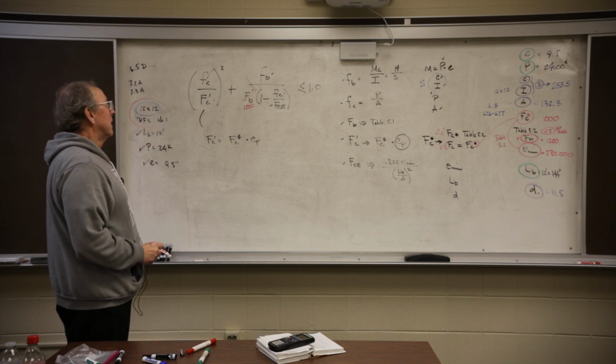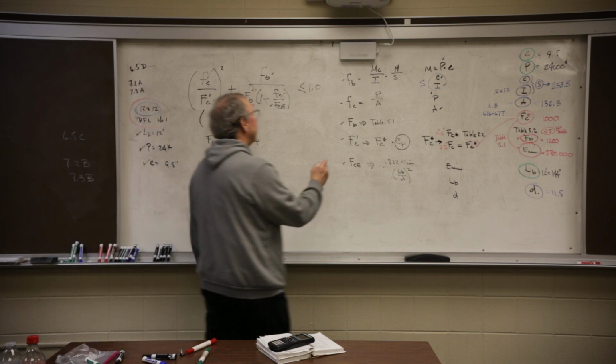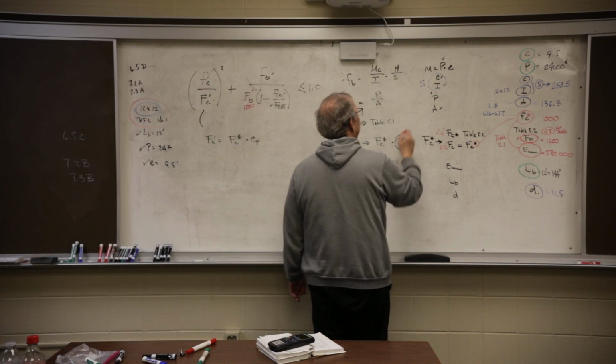So let's go. What am I going to calculate? Let's go FB. M over S. M is P